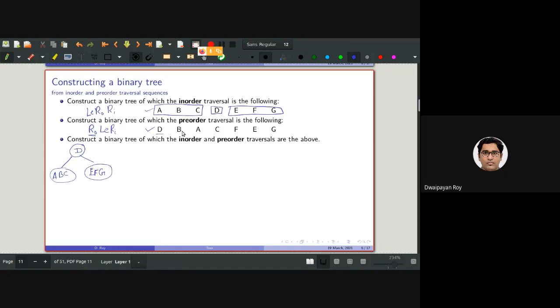Okay. Now the next is B. B is in the left subtree of this whole tree. And B is again in the middle. So this is the in-order traversal, right? And the in-order traversal is left, root, right. So B is the root. So what will be the left and what will be the right? This will be left and this will be right. Then how will it look? B is the root of the subtree, A is the left side and C is the right side. Very nice.